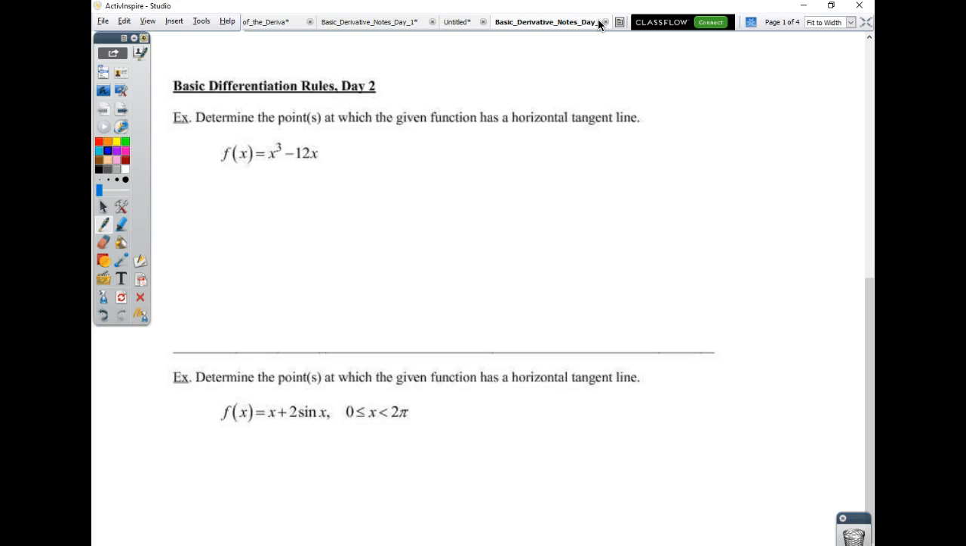Question 1. Determine the point or points, could be multiple, at which the given function has a horizontal tangent line. You have enough information to actually solve this problem. Problem is you've got to be able to figure out what on earth do I mean when I say,